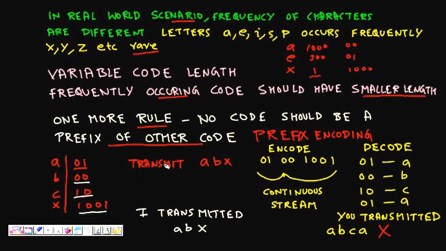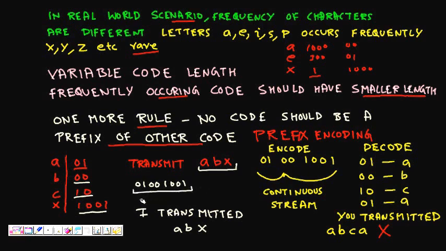Now you are transmitting data. Our data is ABX. You are a very smart kid, so you write A as 01. We will transmit 01, then B, so 00, then X, so we take its code 1001. Now these bits are transmitted over the channel, and they are received at the receiver. You get the same thing here.